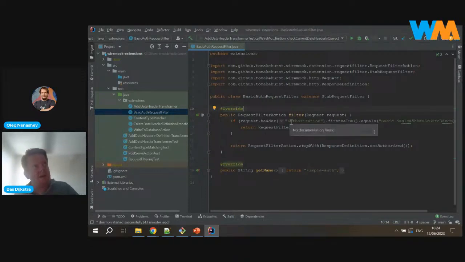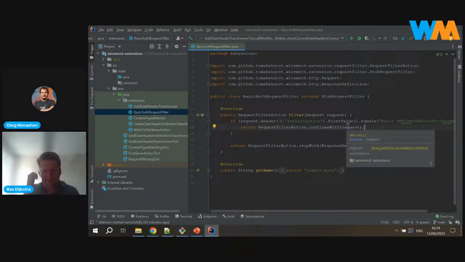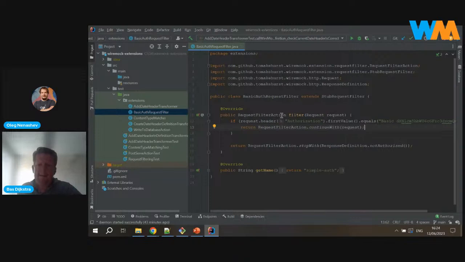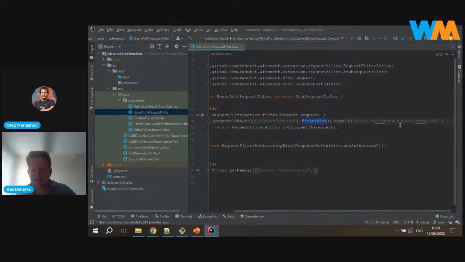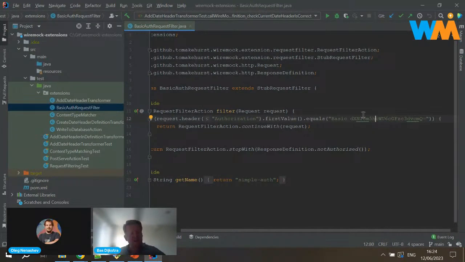So this is just an example of what you can do with this. So what I'm looking for is the authorization header, which is still a name I struggle with because these are actually authentication details, not authorization details, but whatever. That's HTTP for you. So I extract the value of the authorization header, take the first value from that, and I check that the value is equal to some kind of valid authentication here. There you go. I'm screwing up already myself as well.